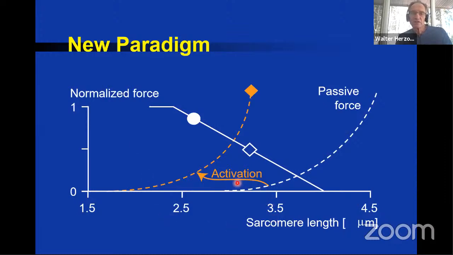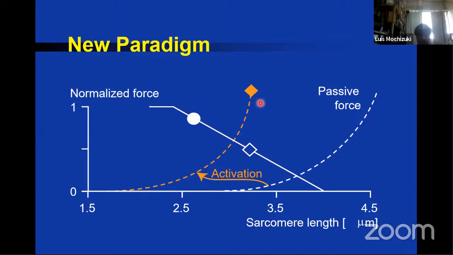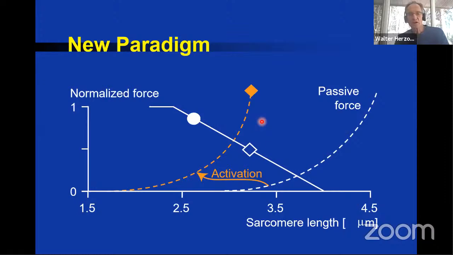So if we look at this particular situation here at about 3.4 microns, then in the passive myofibril, we might have very, very little passive force, whereas in the active myofibril, Titin might contribute more force than the active isometric force that comes from the actin-myosin interaction. And we have shown that this is indeed the case on single sarcomere preparations where we tested this